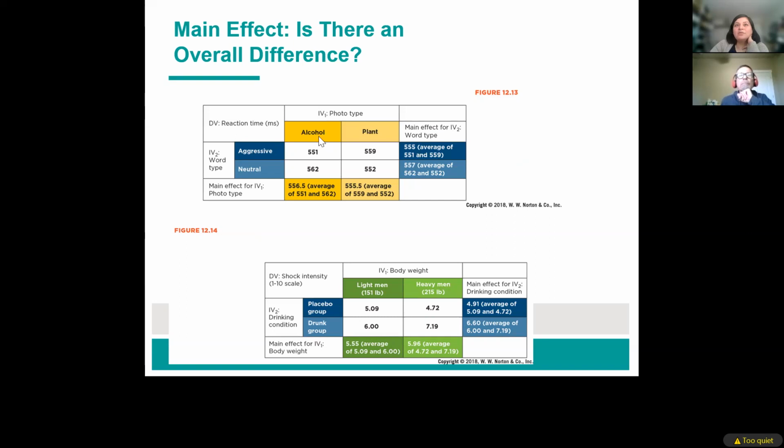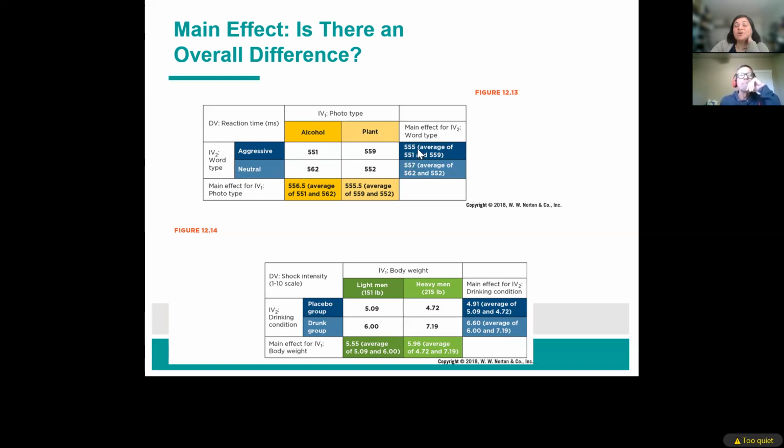So irrespective of whether they were in the alcohol or plant condition, the reaction time for aggressive words was 555. So you take 551 plus 559 and divide by 2. So that's 555. And then among those who viewed neutral words, the average reaction time was 557. So you collapse across alcohol, 562 plus 552 to get the average score. This is the main effect of word type. So does there seem to be a significant difference between 555 and 557? No, right? So this would tell us that there is no main effect for word type